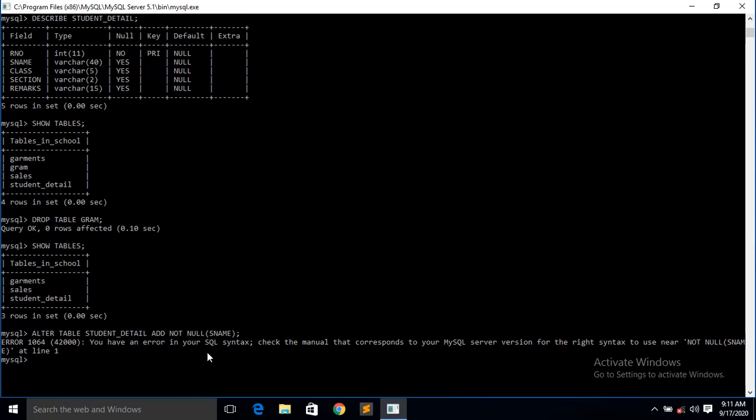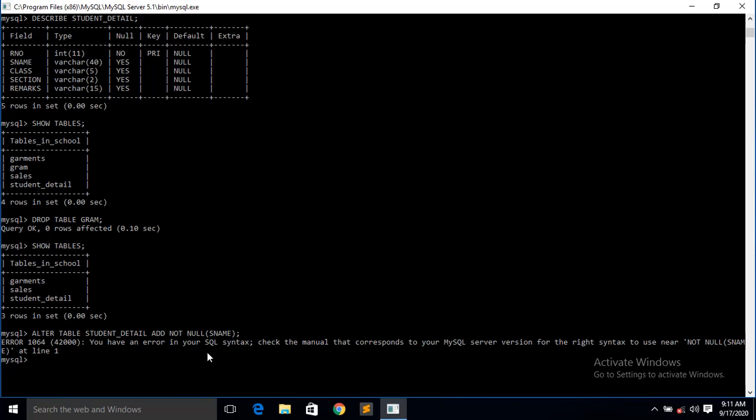In MySQL it is not possible to add or drop not null constraint explicitly after the creation of table. That means you can add or drop primary key, but it is not possible to add or drop the not null. But it can be done by modify.